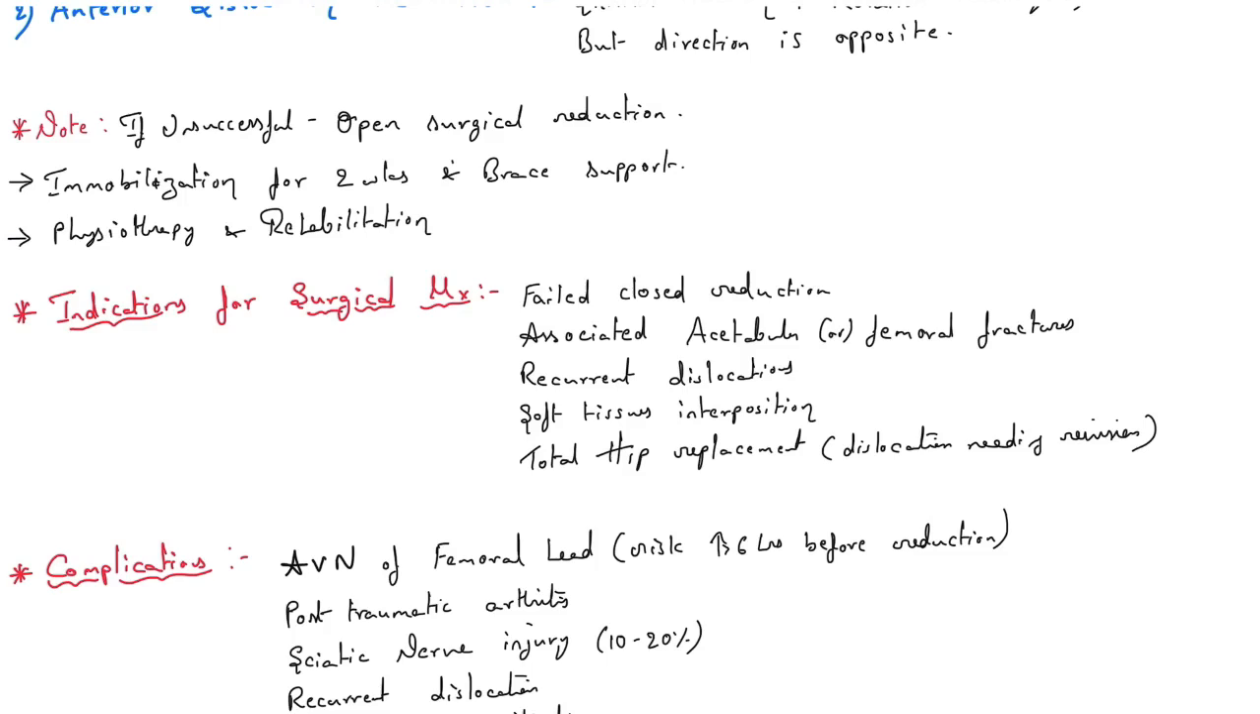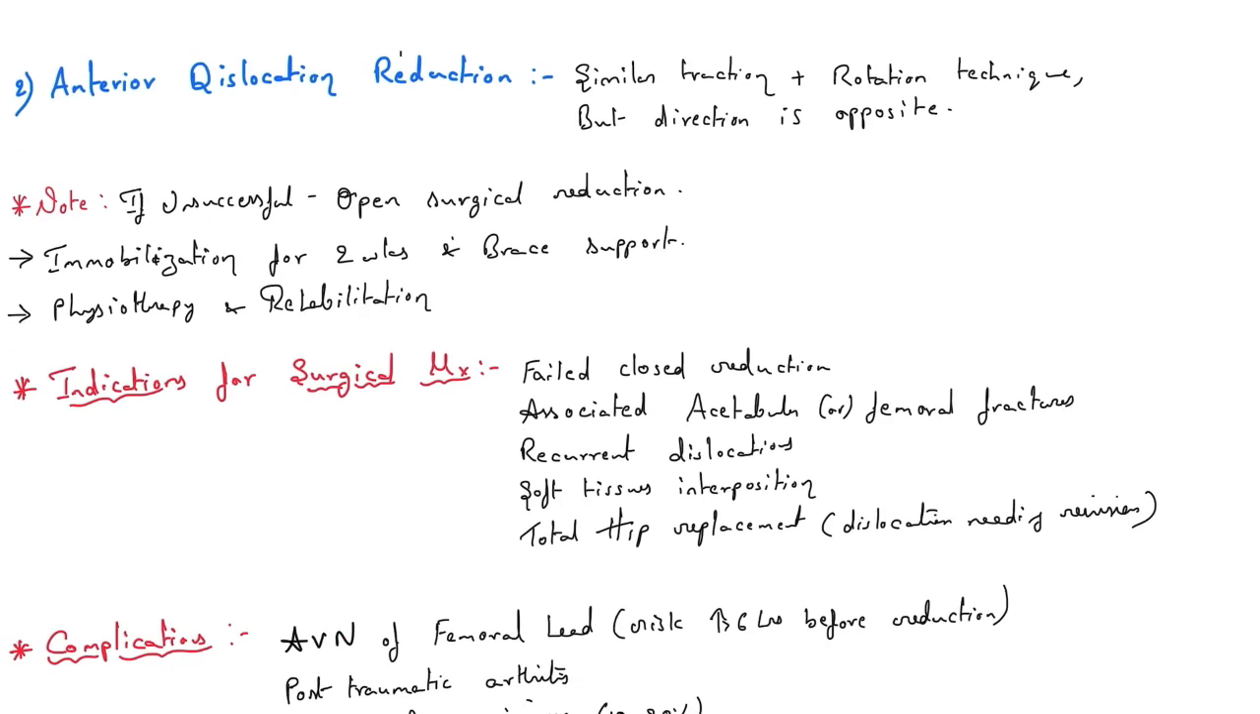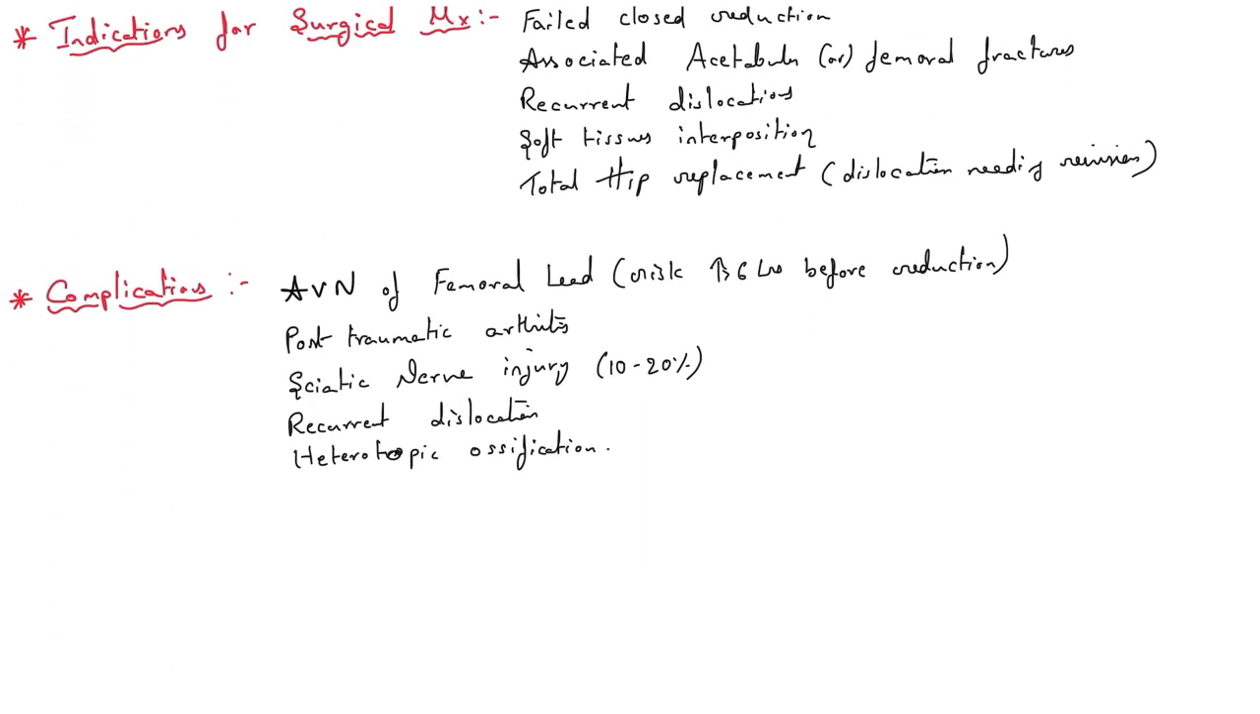Okay, and in surgical management the indications are failed closed reduction, associated acetabular or femoral fractures, recurrent dislocations, soft tissue interposition, total hip replacement, and dislocation needing revision. Okay, next, in complications,